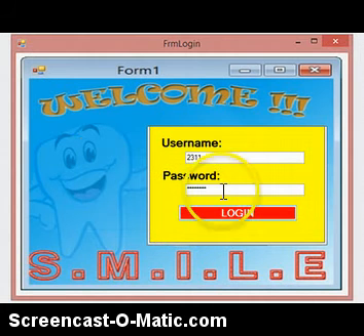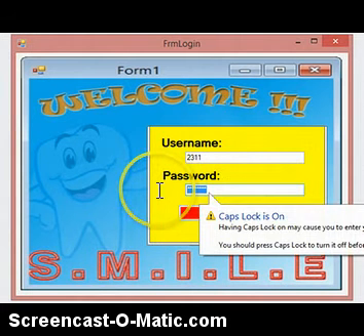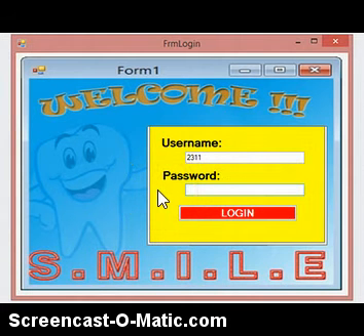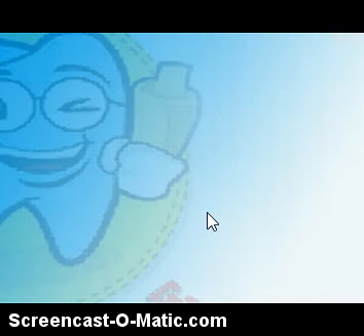So always keep in mind the username and password you are going to use. I will once again enter my password, and then after you have filled out that information, just click login.